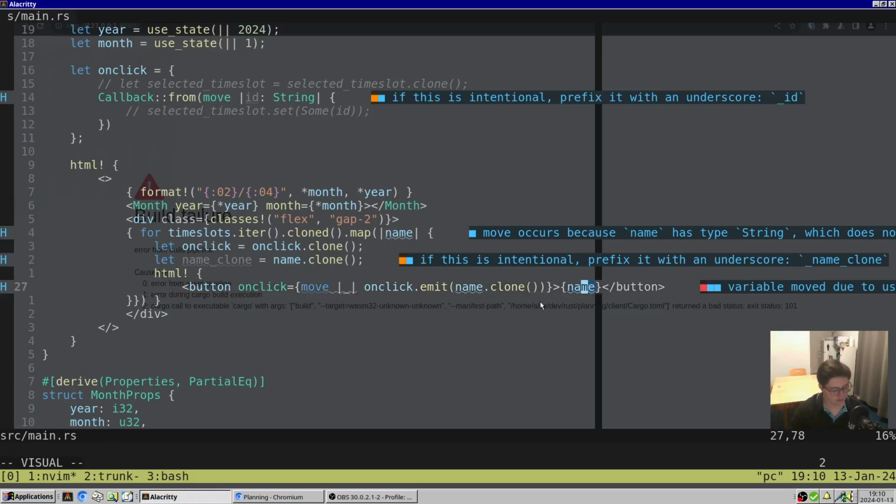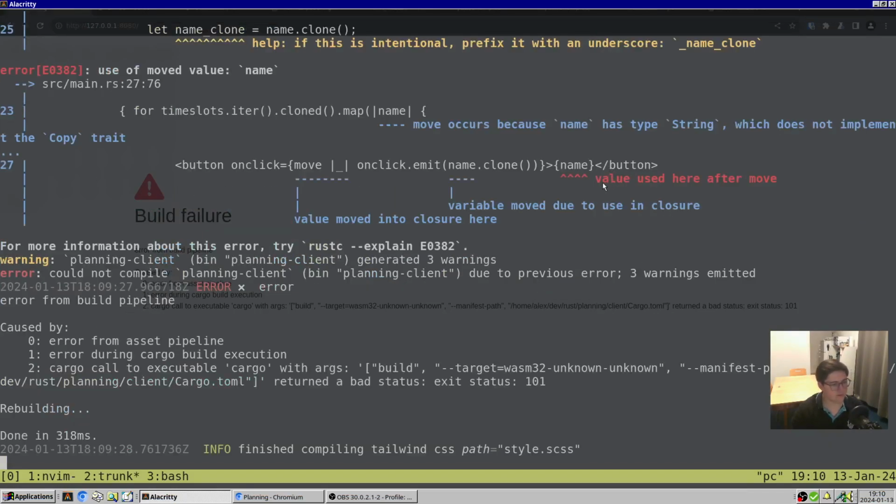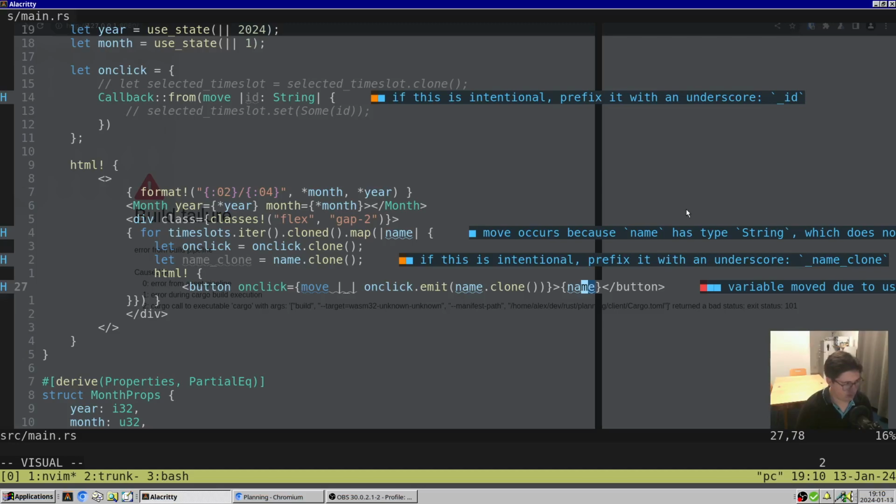But still, I can't do this because the variable is moved. But then if the variable is moved, why aren't you complaining that it's taken out of its environment now? Value moved into closure here. Well, it is moved, but it is cloned. Or can I